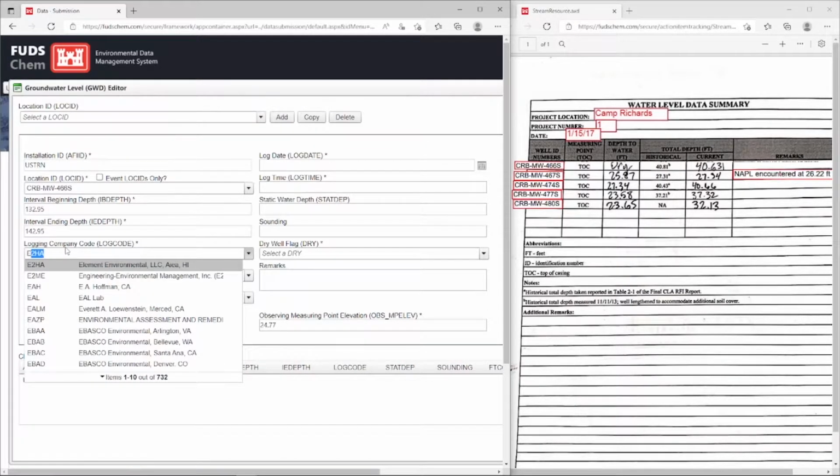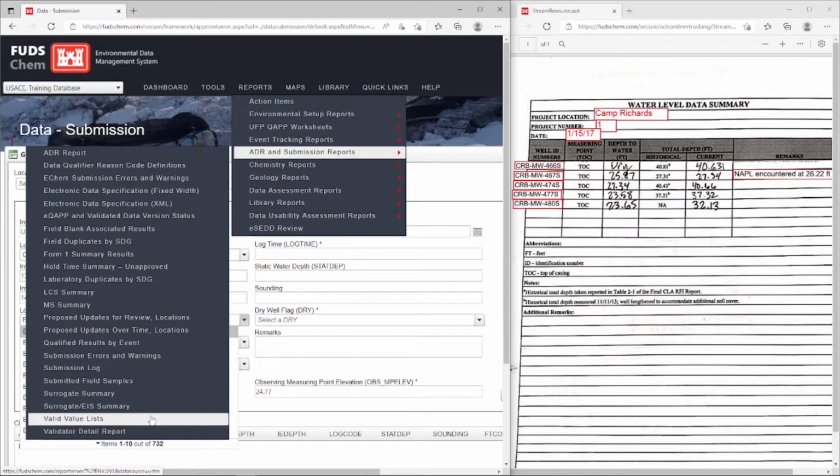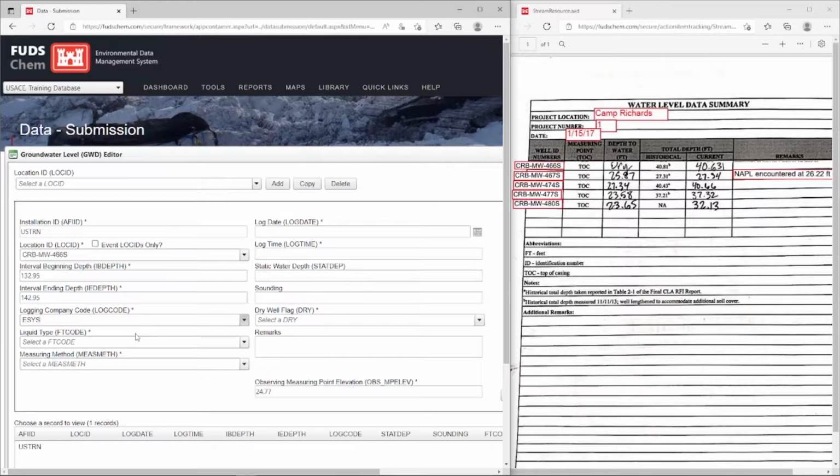If the company you need is not present in the drop-down, you can go to Reports, ADR and Submission Reports, Valid Value Lists, to confirm if the company has a valid value in FUDSChem. If they do not, reach out to your Synectics point of contact for assistance. We will use ESYS for Environmental Synectics. For this example, monitoring well 466S was dry, so we will choose dry as the liquid